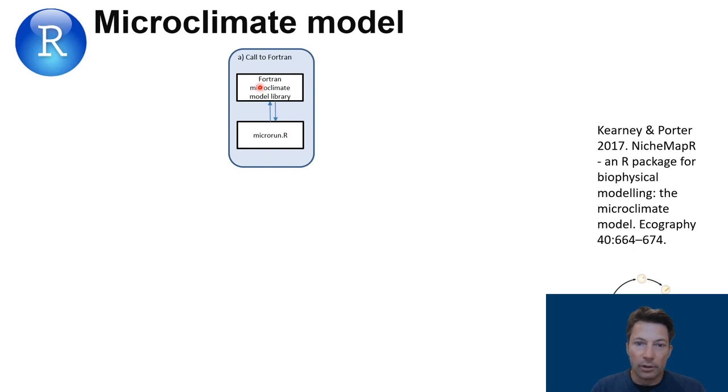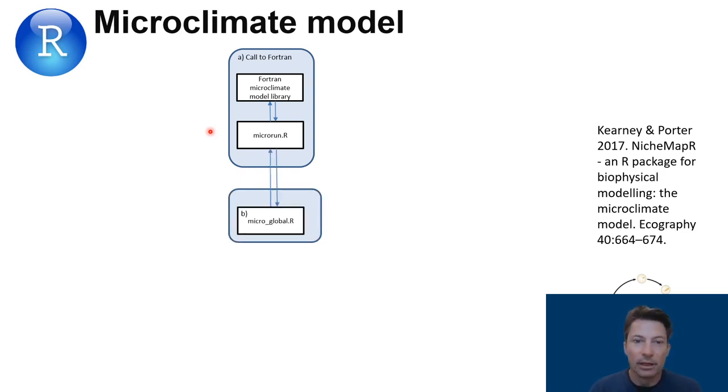All of the hardcore computing is still happening in Fortran, and that makes it super fast because it is doing a lot of calculations, but it allows you to use the power of R to bring together data that you need to run the models, and also, of course, to make graphs. It's much easier to make graphs and that sort of thing. So the Fortran wrapper